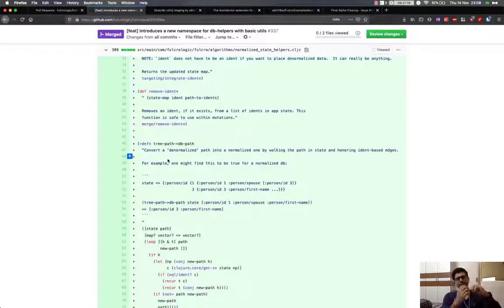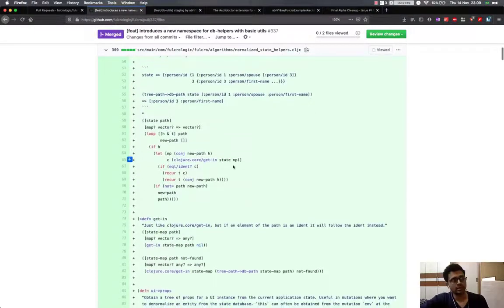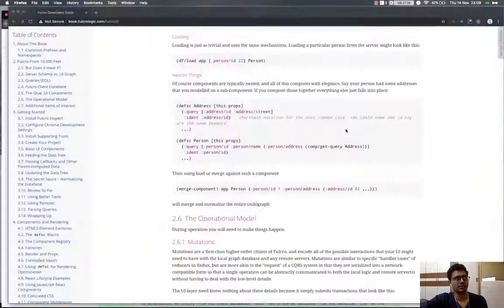Because it is hierarchical. This person has this bank account, or this bank account has certain attributes, so it is essentially a tree. But because the front end database is normalized in Fulcro, we have to take care of certain things. Now, to help you understand this better, I will go back to the documentation and show you